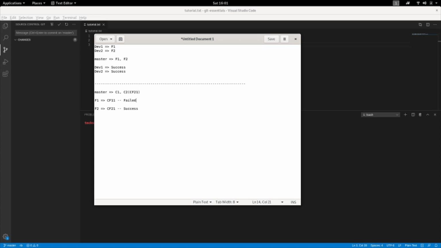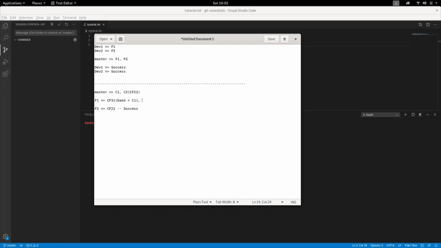Now when I try to develop this branch and remove this failed part or remove the bugs, my current branch is still based on the C1 commit. Base is equal to C1, still based on C1 now. So I want the latest changes, but I'm not having this one. So what I'll do is rebase my F1 with the master.